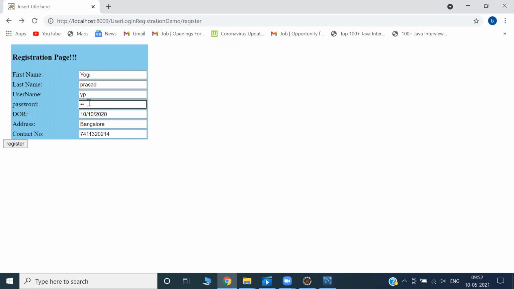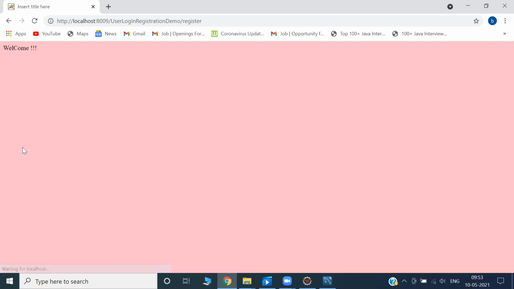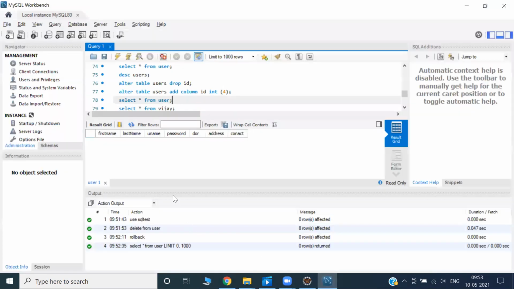There's also a way in which we can roll back. But let's say we'll insert the data again. Okay. Now if I go and check the inserted data, be careful while you are dealing with this delete operation or drop. Don't touch drop unless it is required. Don't touch drop.